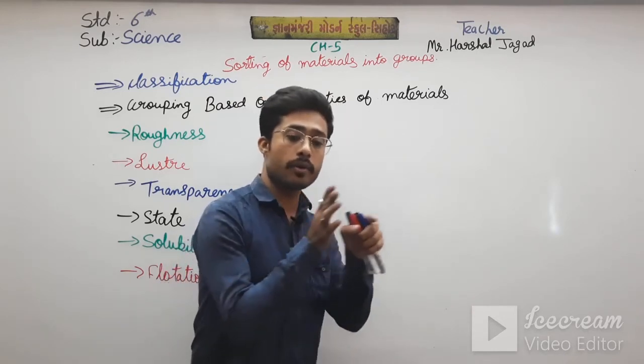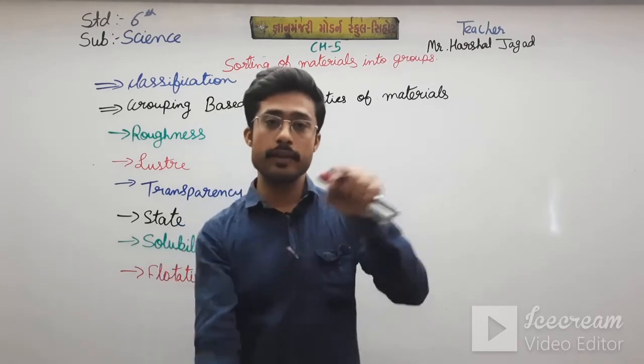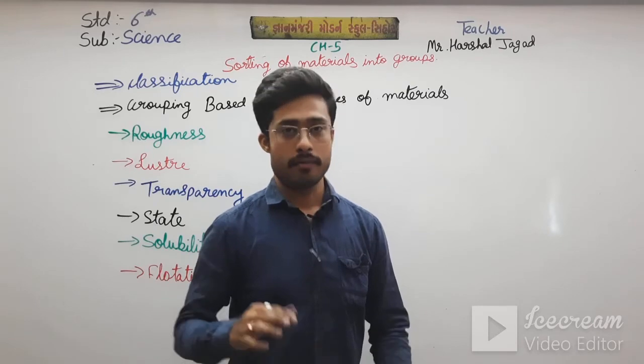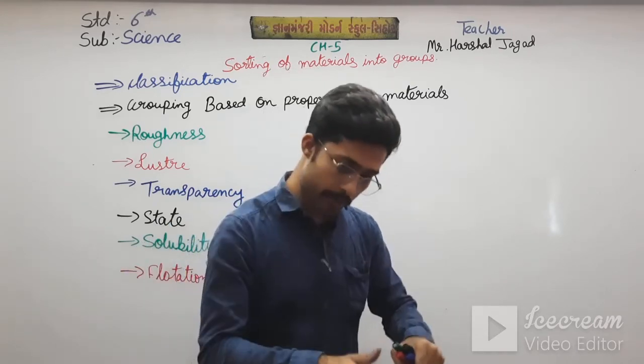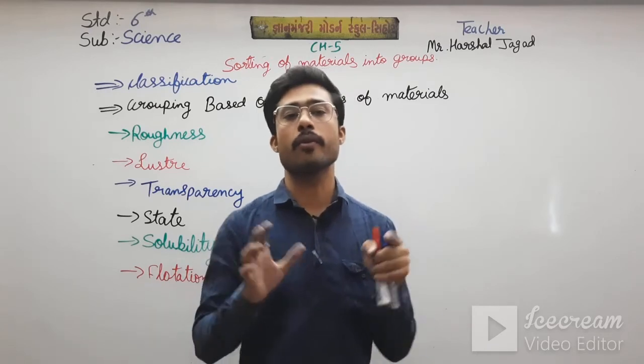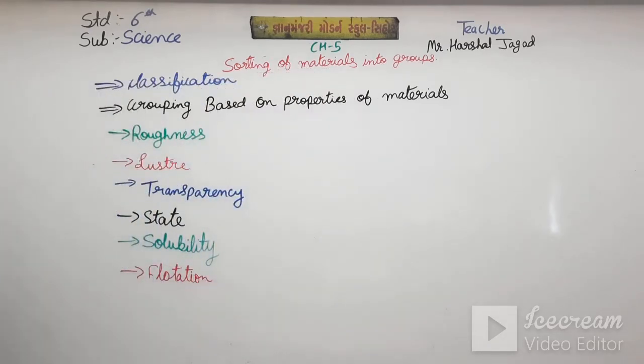So this is according to the floatation. We all know that a human can swim in the water by floating. If you don't know swimming, then you will go down and you will die, because you don't get oxygen. So here, according to the floatation,